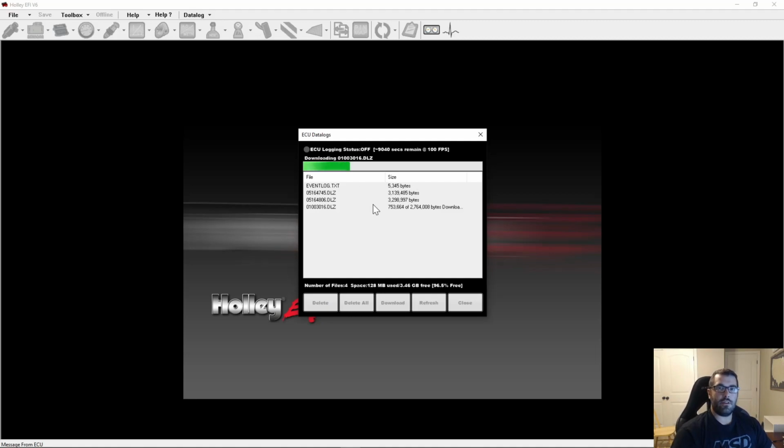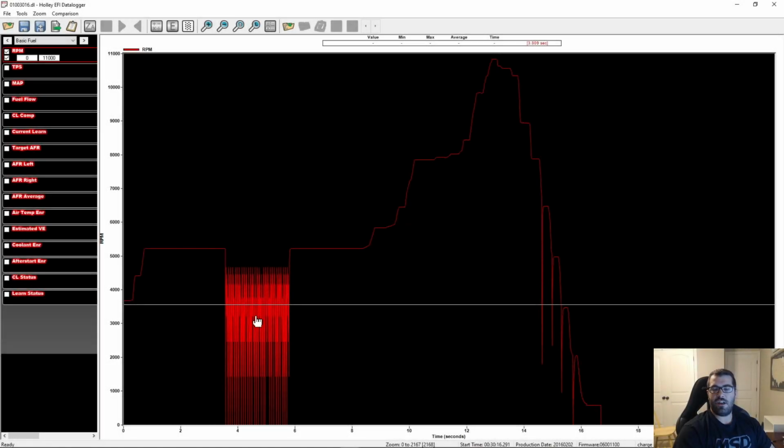So for you drag race guys, this is a big help because it's one button now after the pass. As long as your logging's set up right, you come back to the pits, plug in, hit the button, and it downloads your log. Now, you can see it opened up my log,